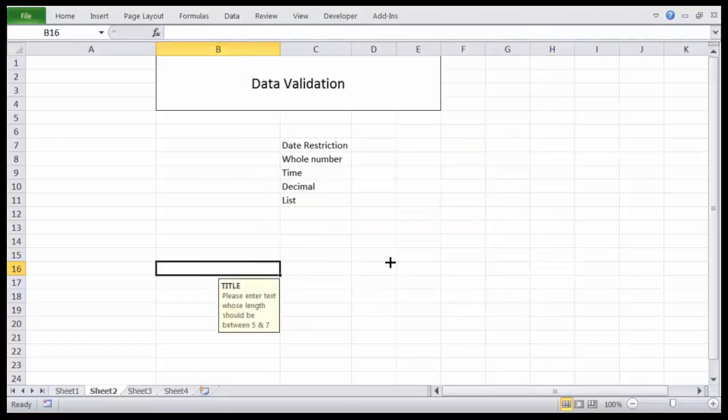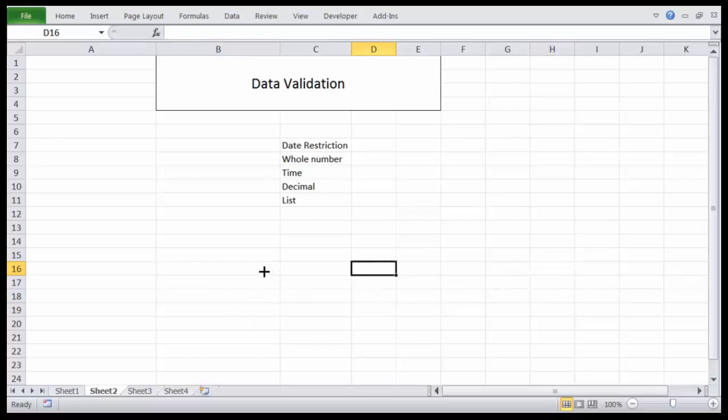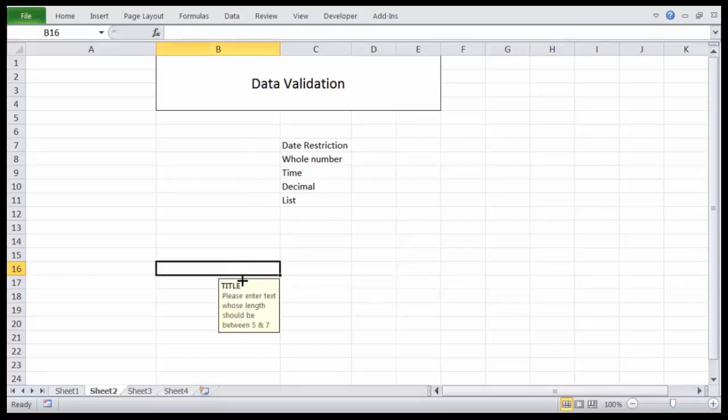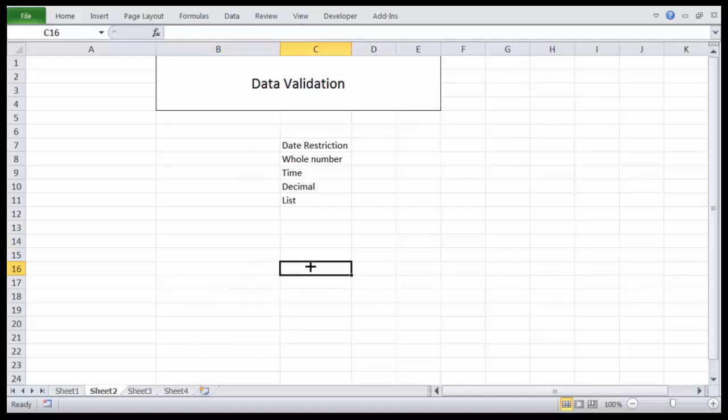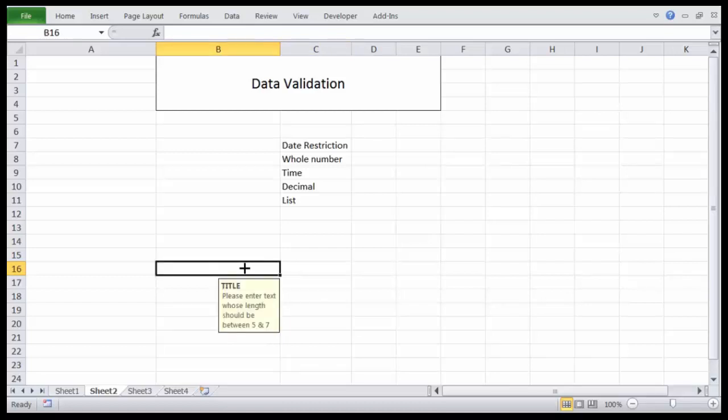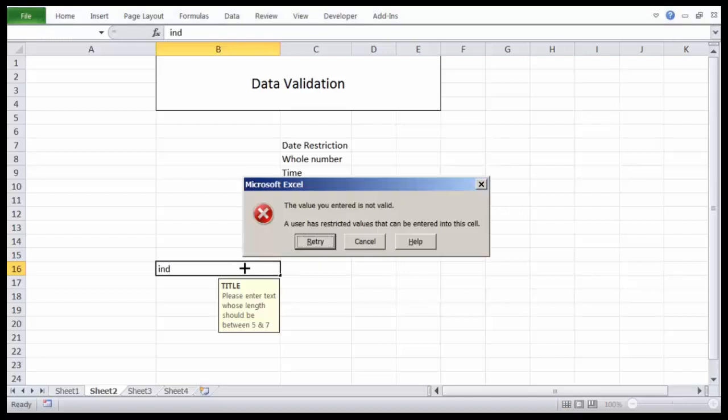Now the beauty of this data validation is that only if you select this B16 cell will you get this message. Here it says please enter the value. If you select any other cell you will not get the information. Now if I put, let's say, I and D, we get a stop: the value you have entered is invalid.